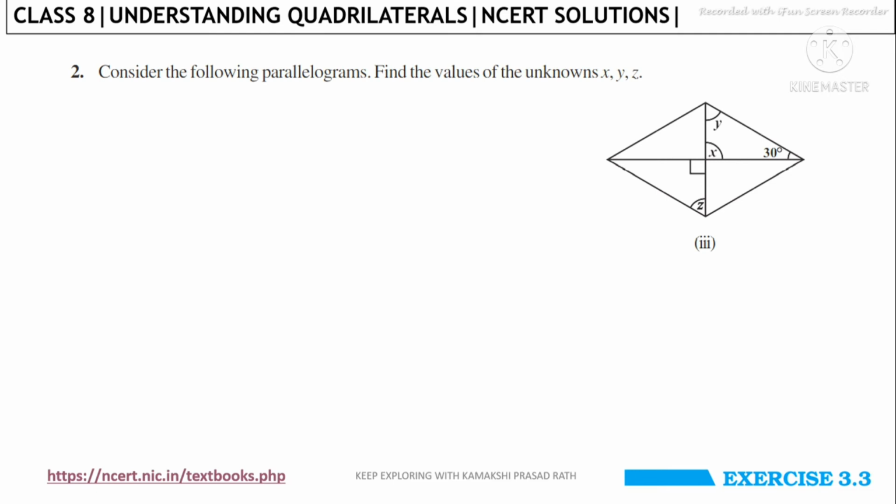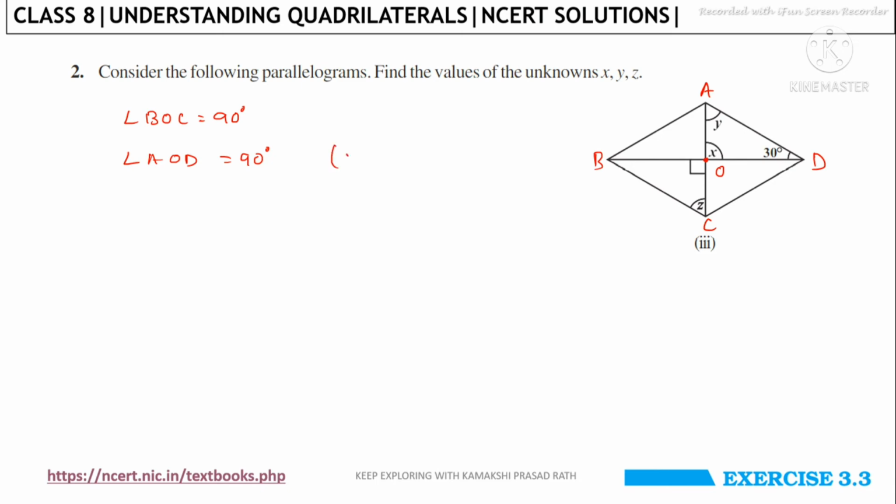Now let us name the quadrilateral, that's a parallelogram, first. So A, B, C, D. So ABCD is a parallelogram. Let the diagonals meet at the point O. Now clearly the figure shows that angle BOC is 90 degrees from the symbol. So angle AOD will also be 90 degrees.